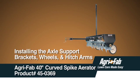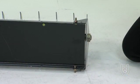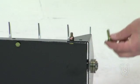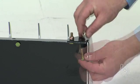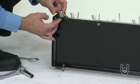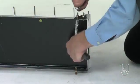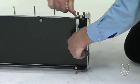This segment will show you how to install the axle support brackets, wheels, and hitch arms. First, turn the tray over onto its side. Assemble 4 hex bolts Part D and nylock nuts Part G to the empty holes at each corner of the tray. Now you can securely tighten all 8 of the corner bolts on each end plate, including those left loose